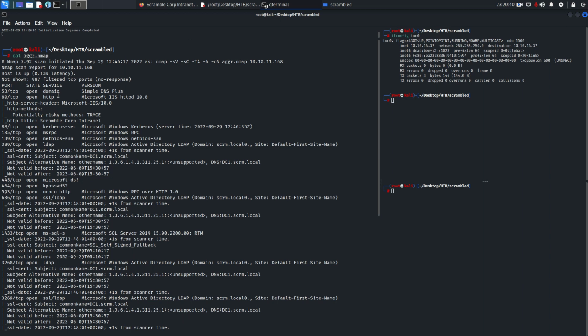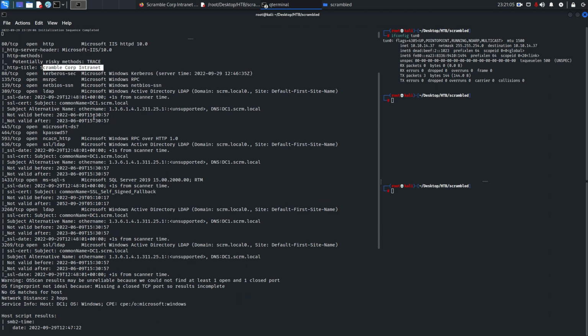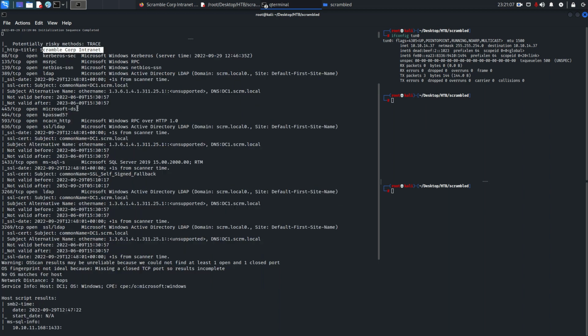So a lot of ports open. As we can see, port number 53, which is default for DNS, and the port state is open. It's using Simple DNS Plus. Port number 80, which is default for HTTP, and it's using Microsoft IIS httpd 10.0. And here you can see the title is Scrambled Corp Intranet. So I already created a record. As you can see